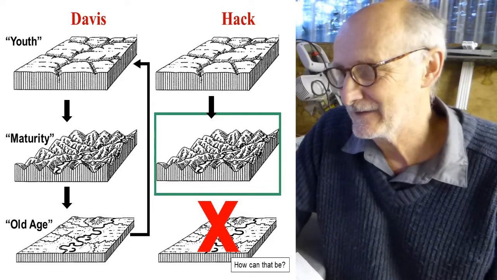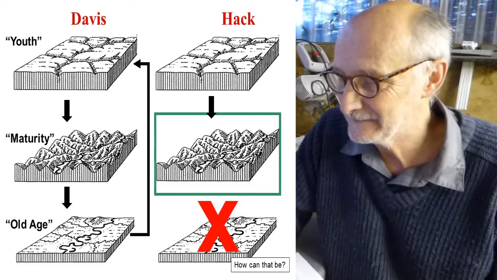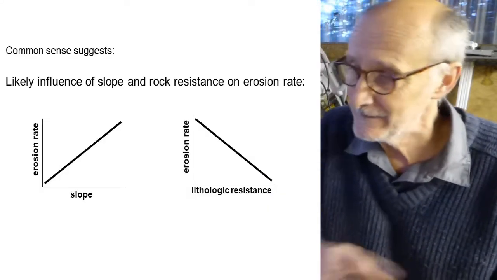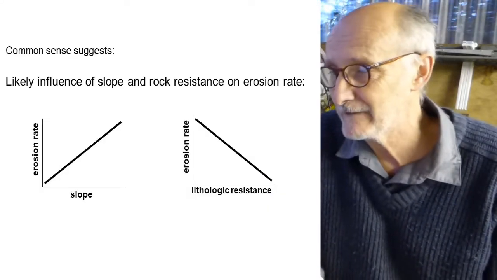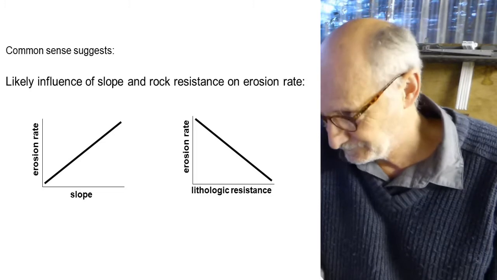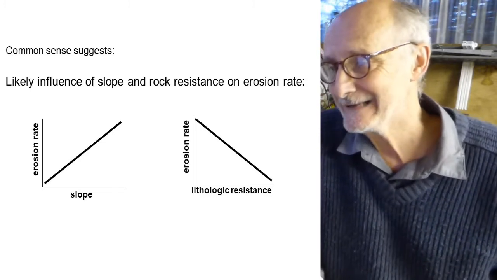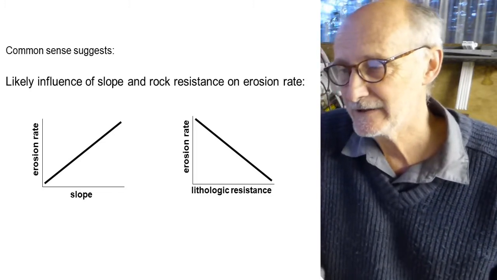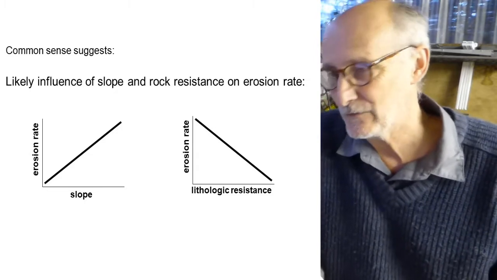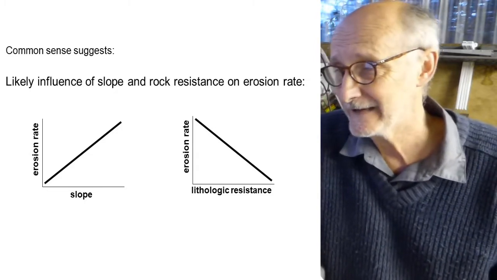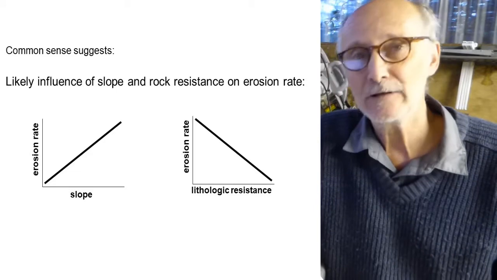Well, let's have a look at the thinking behind that. So let's think first of all about what you would expect to happen in different situations. Take these graphs one at a time. Start with the one on the left-hand side. And we've got the erosion rate happening in any particular location and the gradient that we're on in a particular location. So what's going to happen at a low gradient?